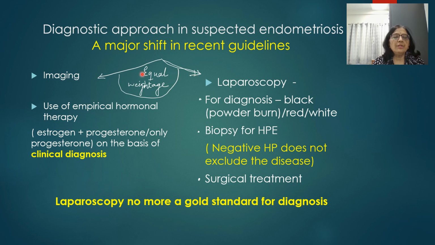Equal weightage is given even to the line of management where you go for imaging and use of empirical hormonal therapy rather than going for laparoscopy in a suspected case of endometriosis. So you should discuss with the patient, and as per the patient's preference as well as her presentation, severity of symptoms, and possibility of various differential diagnoses, all these factors are to be taken into consideration, but equal weightage is given to this approach, imaging plus use of empirical hormone therapy,